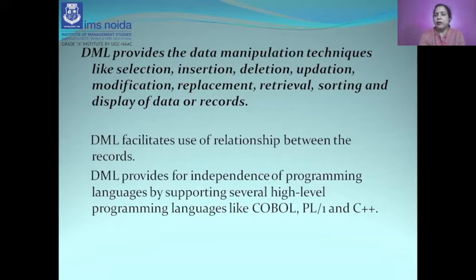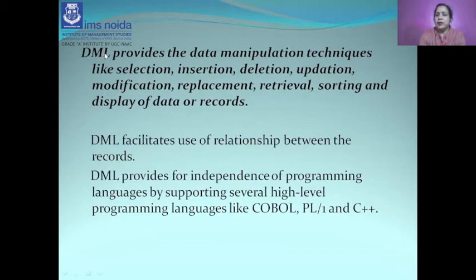Here we are more focused on the data: how we can retrieve the data based on specific conditions, how we can remove the data, how we can modify the contents of the database, that is updation, and how we can replace and retrieve. These are the operations we can perform with the help of data manipulation language.